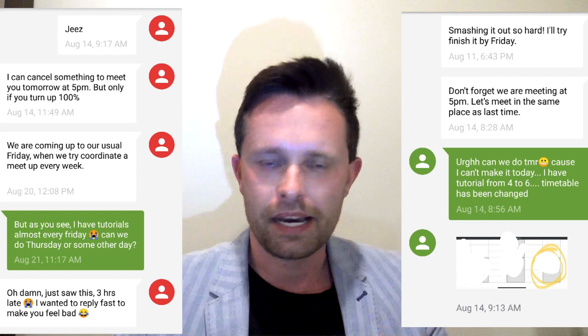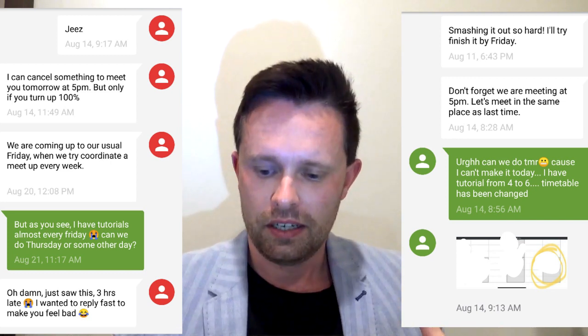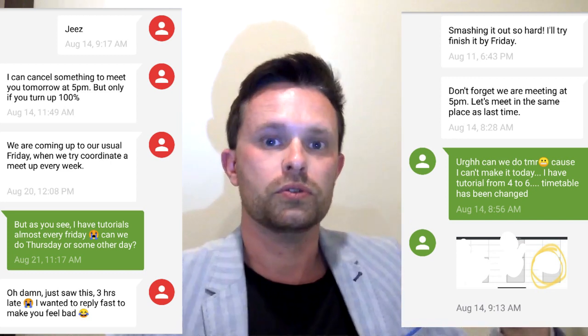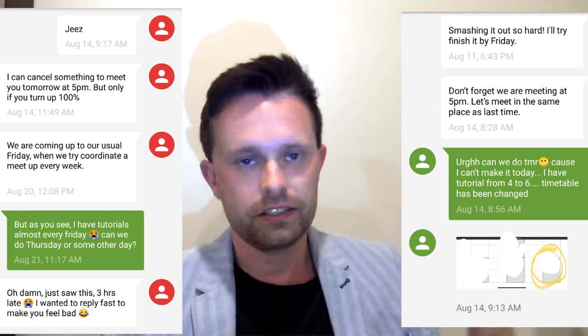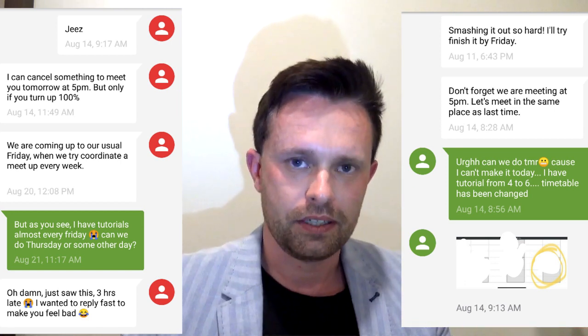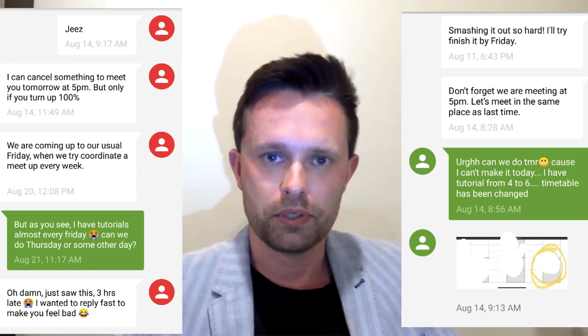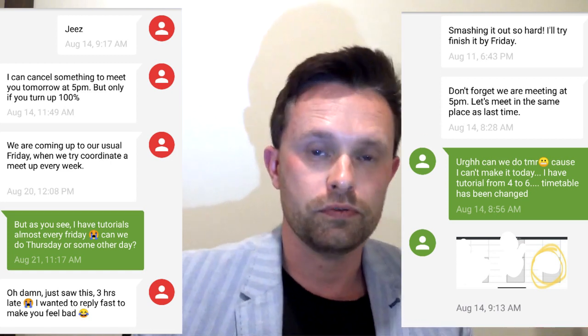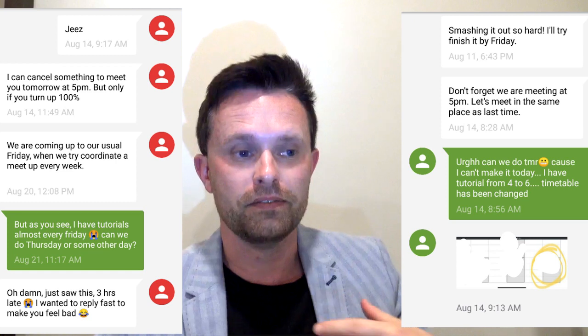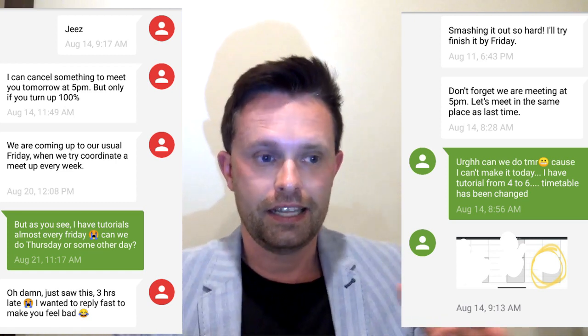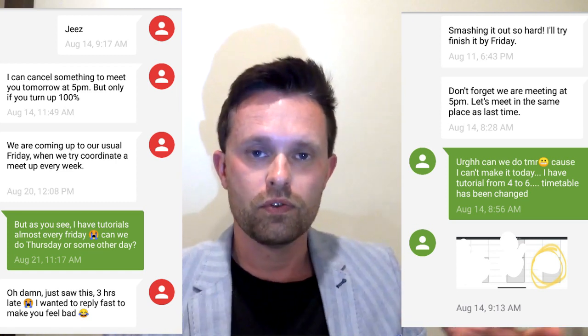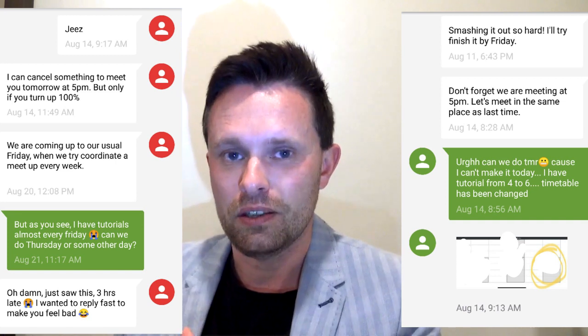This is a constant battle. This is constantly trying not to go too far and trying to gauge it continuously. That's what texting is. It's a constant battle, mirroring, trying to build rapport, trying not to go too far, being very patient, being very understanding, and then through that fog of war, trying to line up a date.